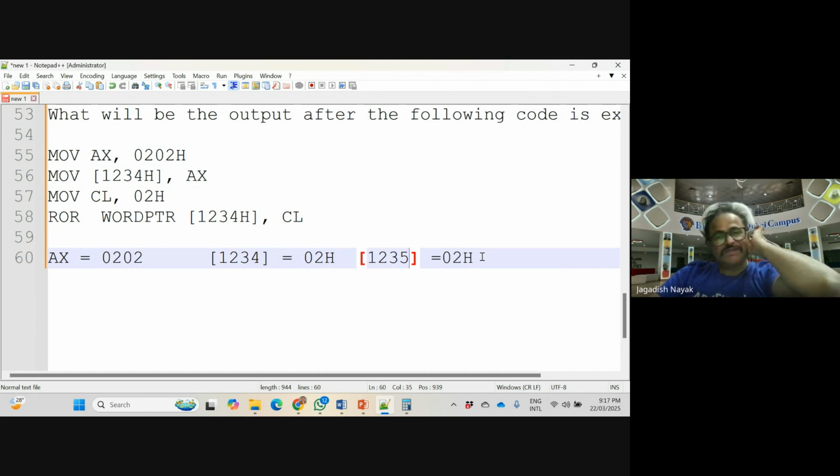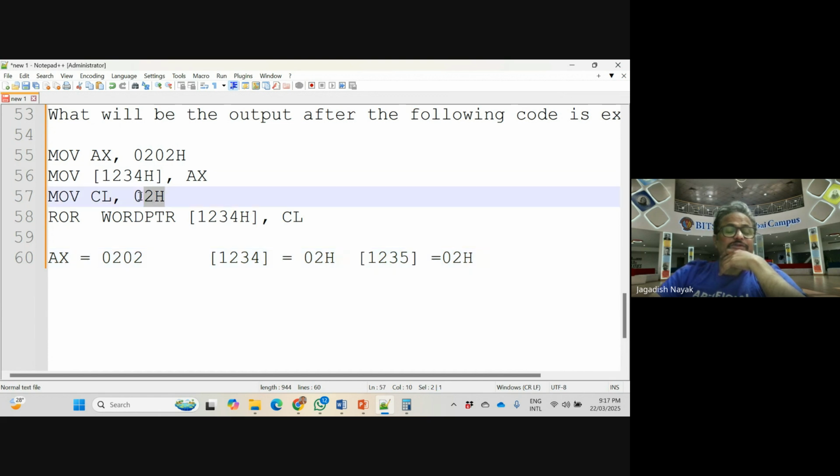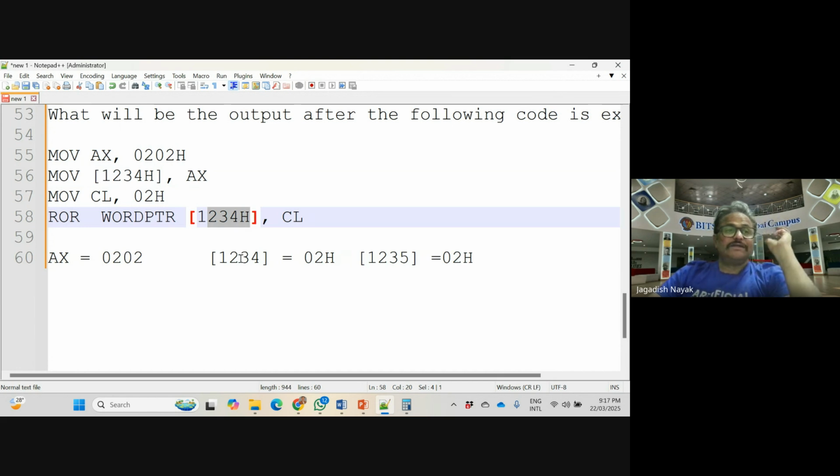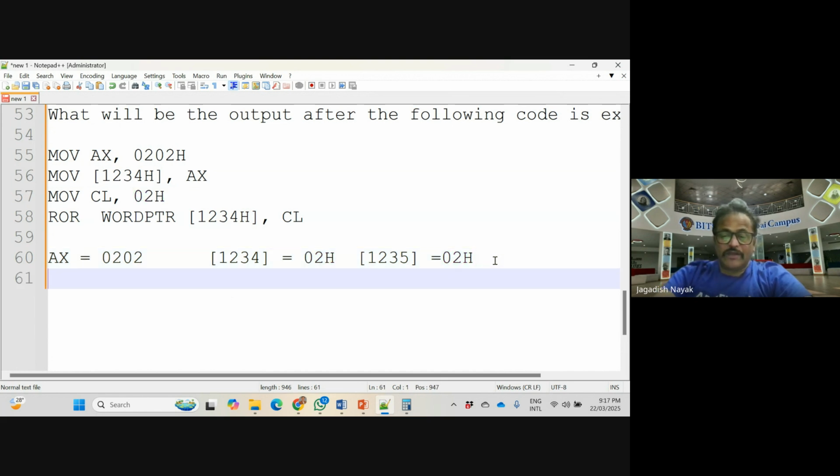Have you understood this? Okay. So now you see here, move CL comma 02H. Now it is given rotate right word pointer 1234H. See, word pointer means it will take the complete word from this offset address. So when it takes the complete word from this offset address, it will take the complete lower byte and upper byte both. That means you're going to rotate